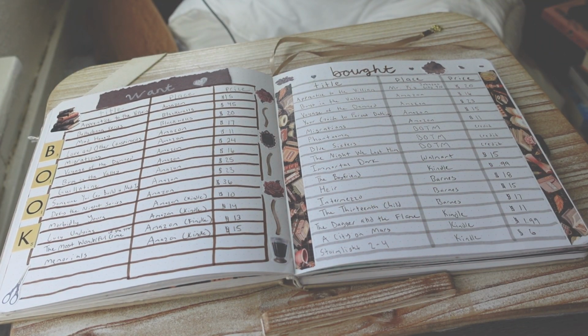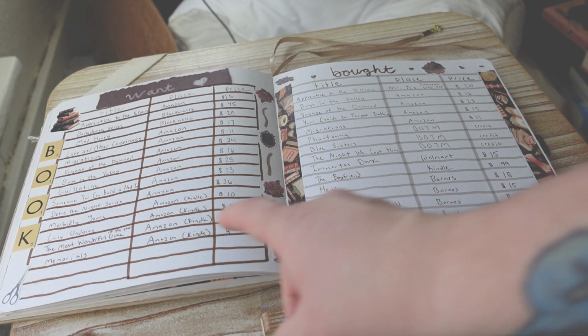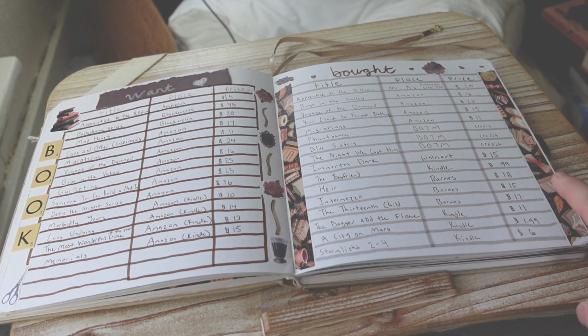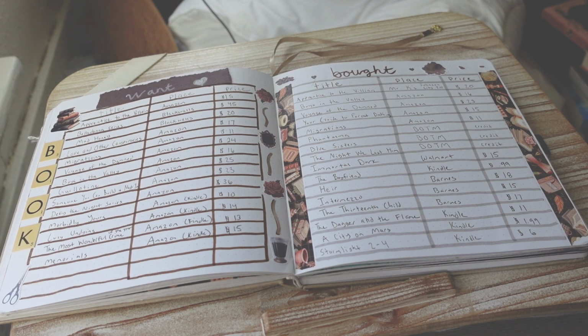This is a spread that I did, it says want and then bought. So a list of books that I want and then a list of books that I bought. I made another page of this, which you'll see in a few minutes, but I'm really not buying books